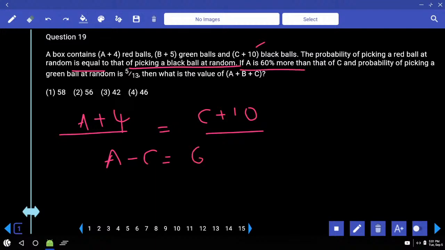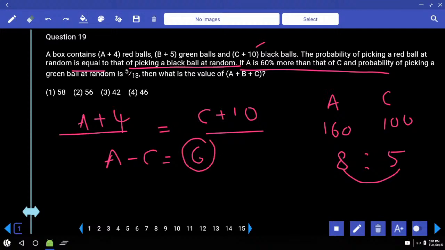And if A is 60% more than that of C, so the ratio of A to C is 160 is to 100, that is 8 is to 5. So the difference is 3 parts, which is 6. So each part is 2. So A must be 16, C must be 10. If A is 16 and C is 10, 20 and 20,